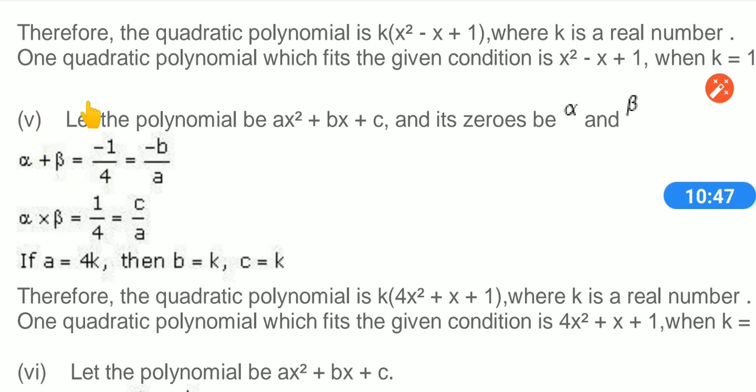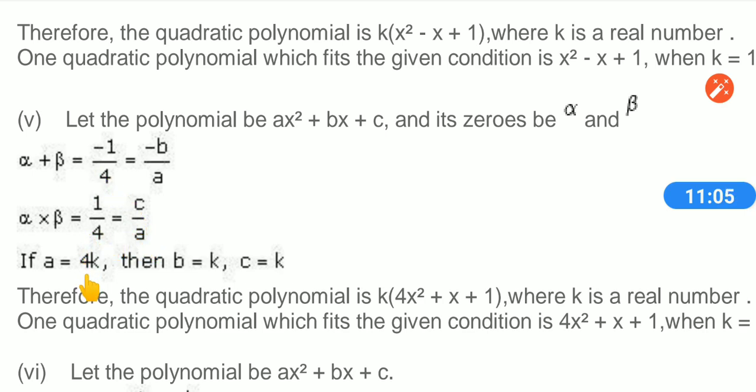But the sum of zeros formula relationship is minus b by a. After that, product of zeros is alpha into beta. How much given? 1 by 4. But alpha into beta how much, children? By that relation, c by a. So here in the place of a you are having 4. Here also in the place of a you are having 4.